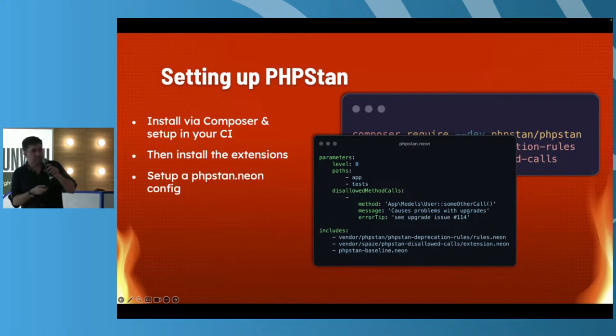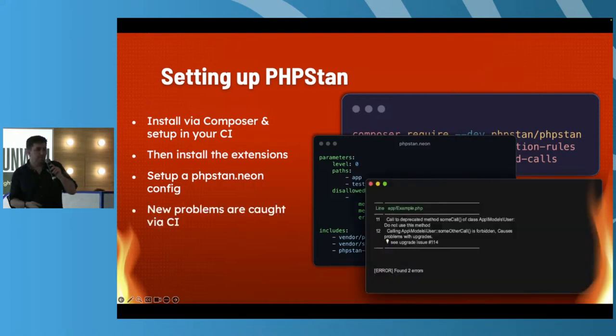And here I've set up a disallowed method call that is going to look on the user model for some other call. If it finds that being used, it's going to raise an error message about the problem with upgrades and give us a little tip of where to go to find the resolution.